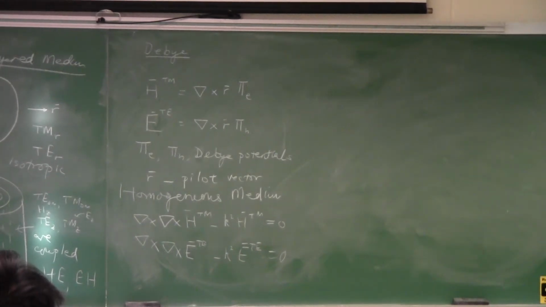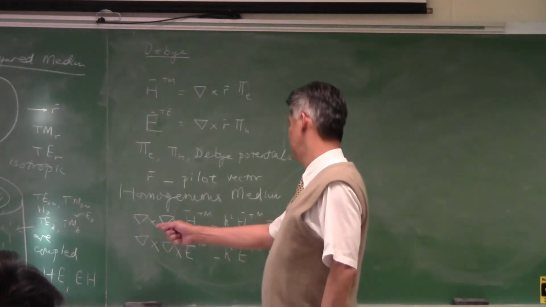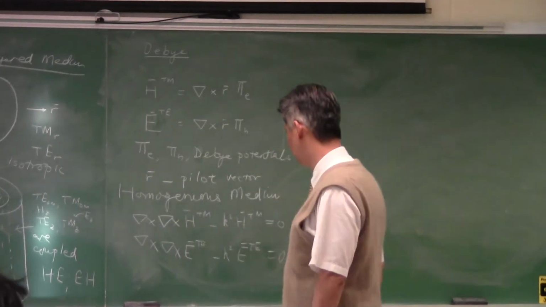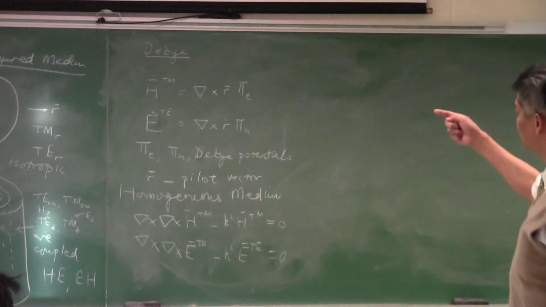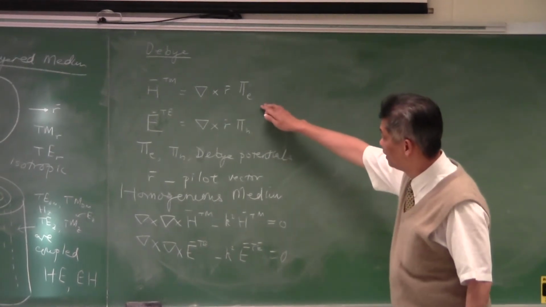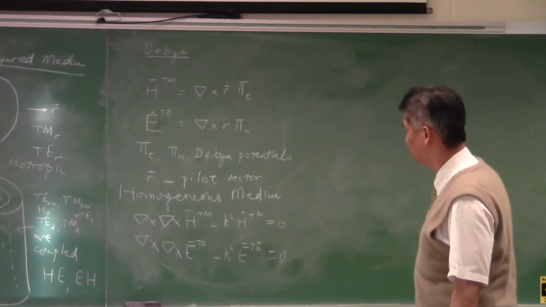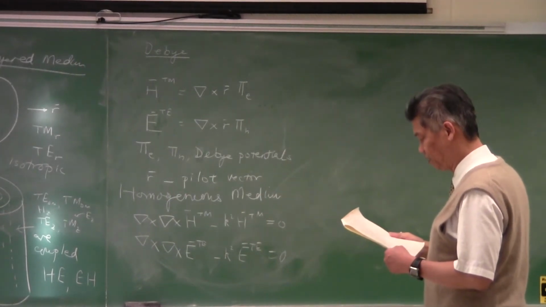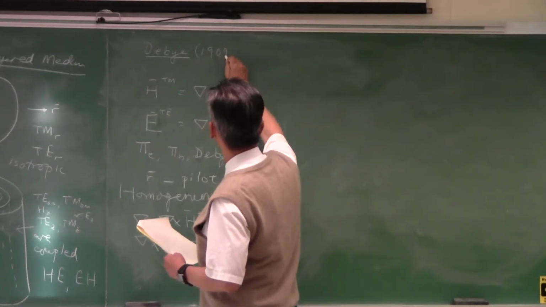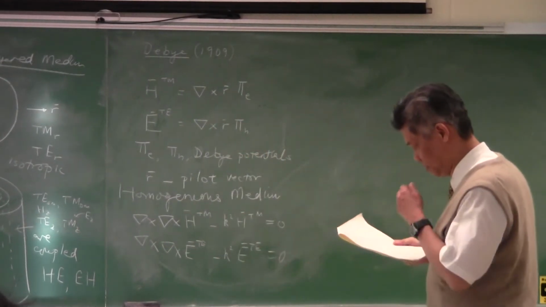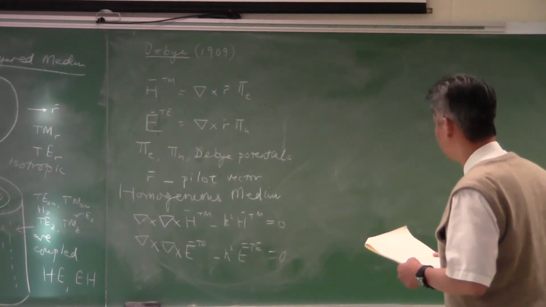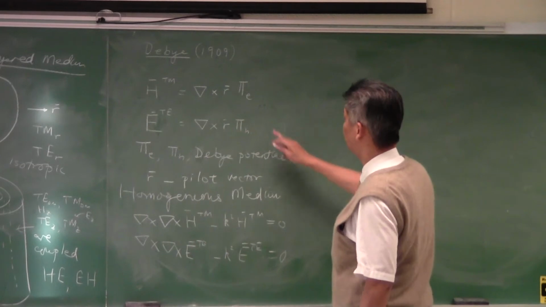Homogeneous medium is very important. If the medium is not homogeneous, you will have maybe an epsilon stuck in here and a mu stuck in between here, for inhomogeneous medium. For homogeneous medium, this is true. So we have to prove that this Debye potential, when piloting the field to be of this form, satisfies this equation. There is some algebra to do here. By the way, Debye in this book about 1909, quite a long while ago, before the Sommerfeld or Weyl identity, in fact. So if you plug it in here,